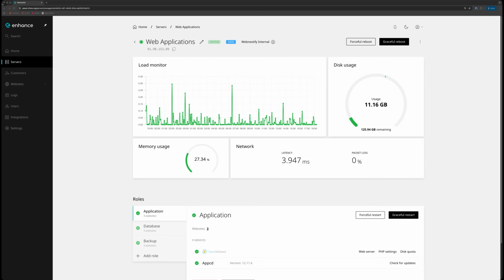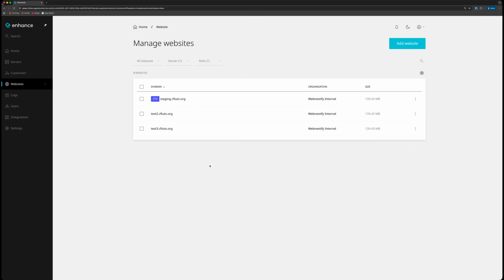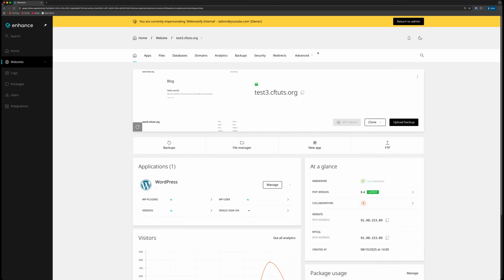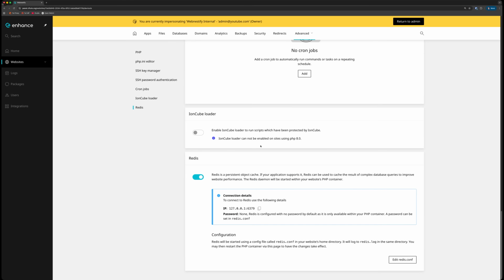Okay, and now let's jump straight into how we can optimize our Redis container in WordPress. This will require more setup because we cannot set some global defaults, and it is based on each single website as a container. So what we basically want to do is open every website and set those things up. When you go to the advanced menu, go to developer tools, go to Redis,